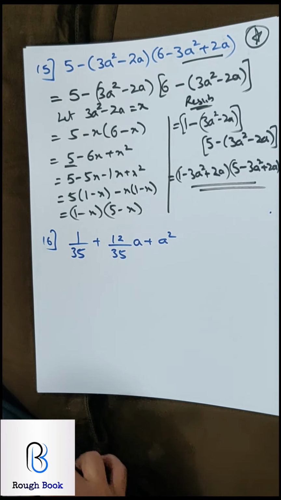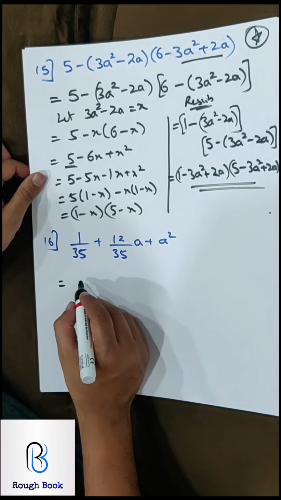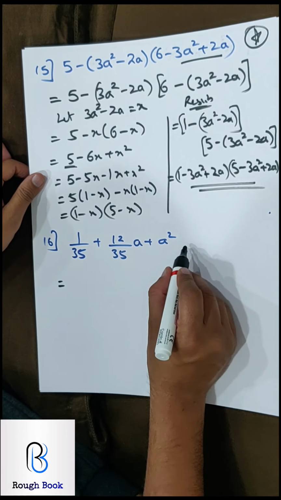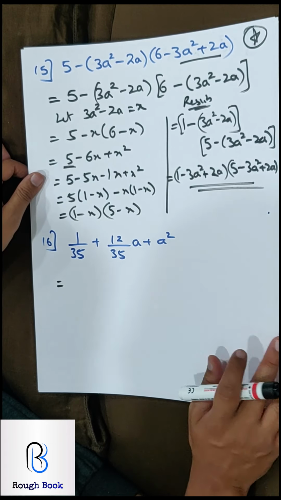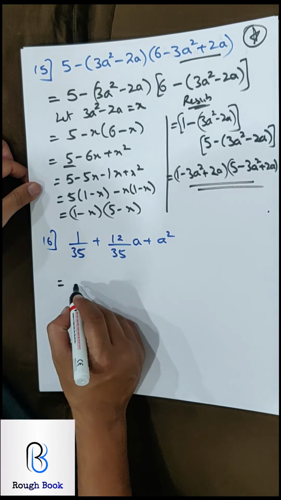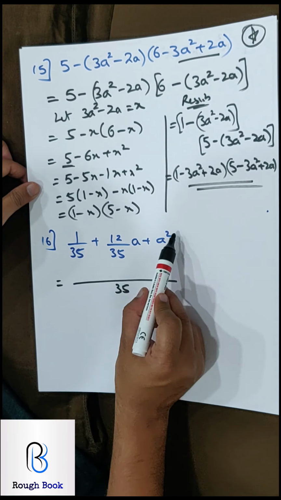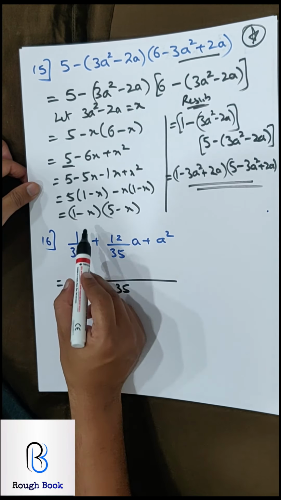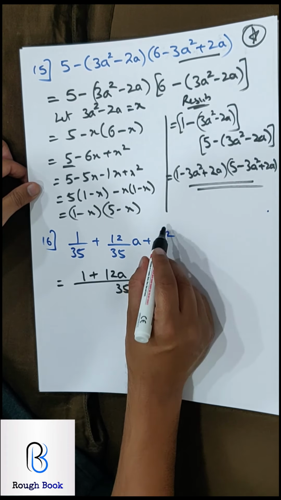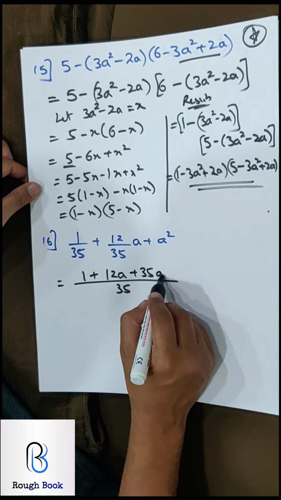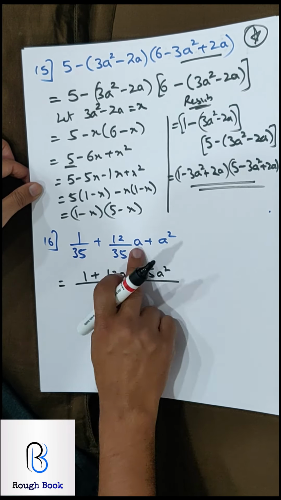Come on. The next one is very simple and interesting, looks different but not difficult at all. My advice will be first take the entire LCM as 35, then split the middle term in the numerator. It will be very simple. Come on, try. So 35, that means mental math, 35, 35, 35 multiplying each term. So 35, 35 cancels 1, 35, 35 cancels 12a, and this becomes 35a square. We need to write upon 35 because we are not multiplying 35 on both sides.